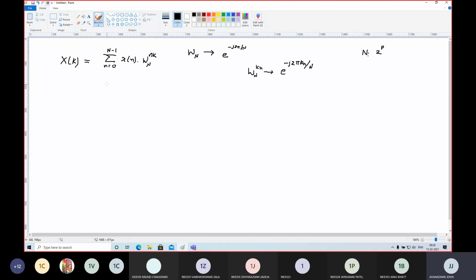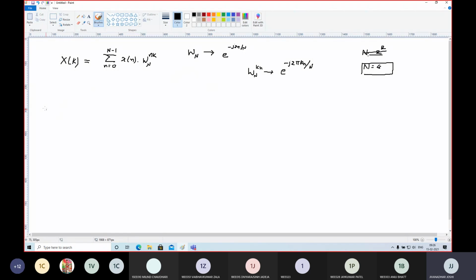And let us do the derivation for the samples capital N equal to 8, like we have derived it for the decimation in time. Here also we are going to take the same number of samples, that is N equal to 8, and then as you know, there exists symmetry in the equations. So we will be able to write down the equations directly, or derive the equations for other values of N, like N equal to 16, 32, etc.